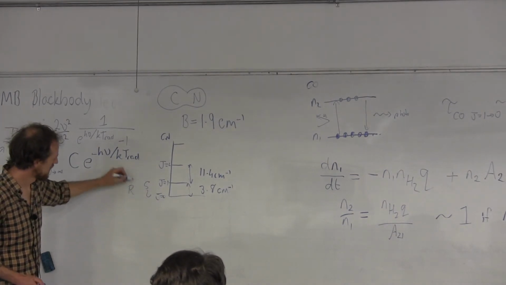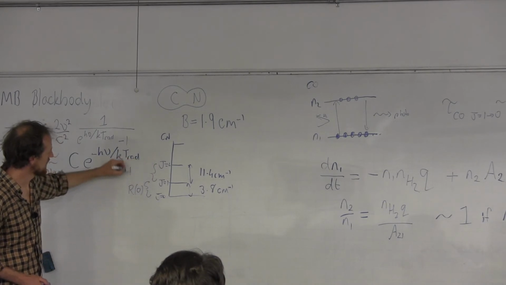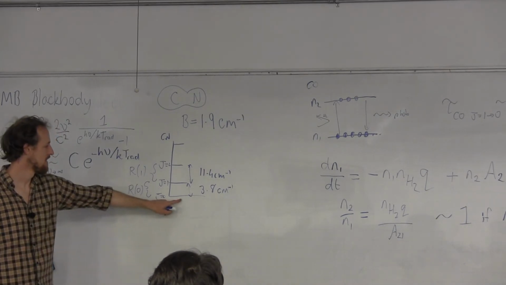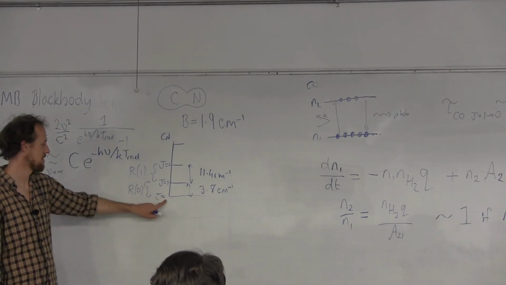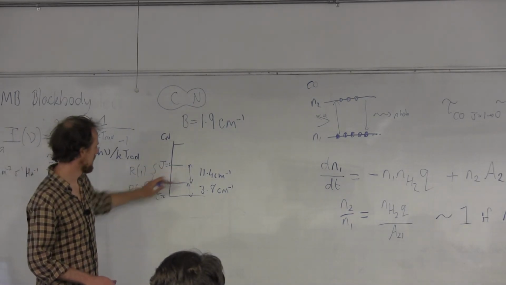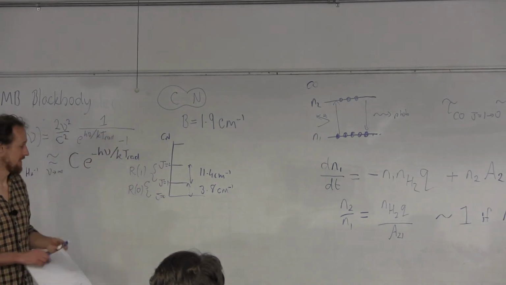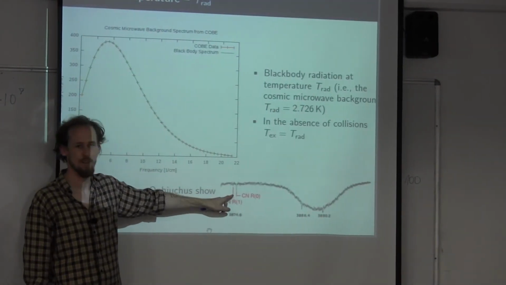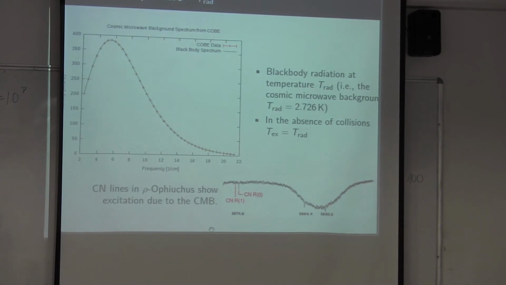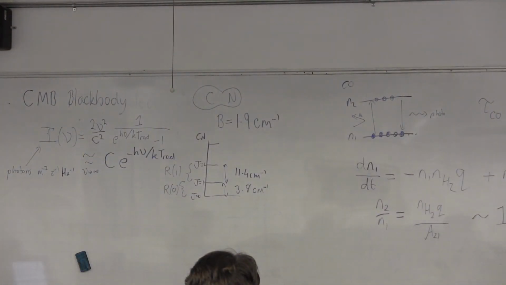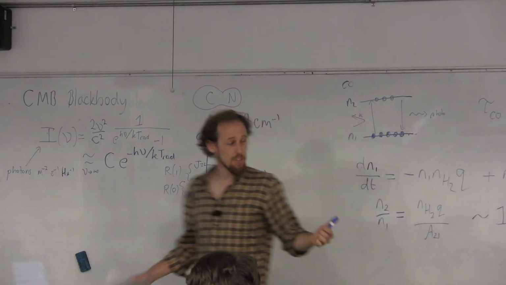It's called R0. This transition has a name called R1, and that was on an extra slide I put in the last time. It's not actually that important. The point is the 0 means the transition begins, the lowest side is J equals 0. The 1 means the lower level is J equals 1. The R means that the upper level is 1 higher, actually. That's the effect. And so these 2 transitions, the R0 line, if you can see it, is a little bit stronger than the R1 line, meaning that this transition is more likely to be excited by the cosmic microwave background than this one. And that's because that line is a little bit closer to the peak than the line on the other side. So what that means is that this observation,